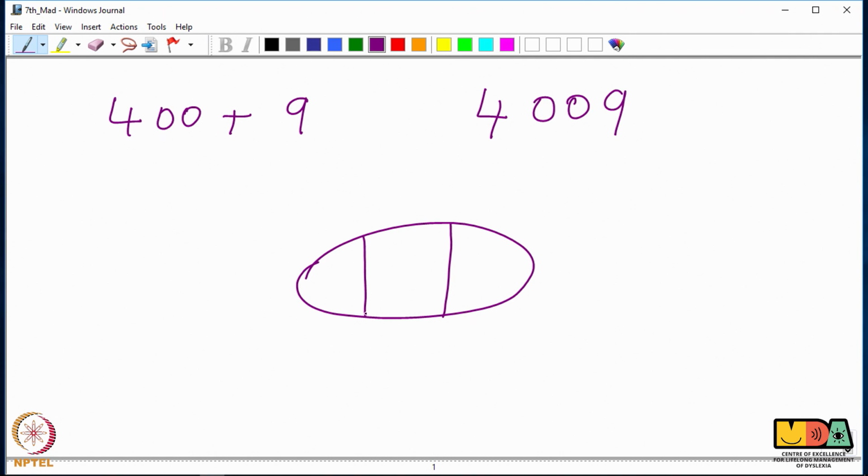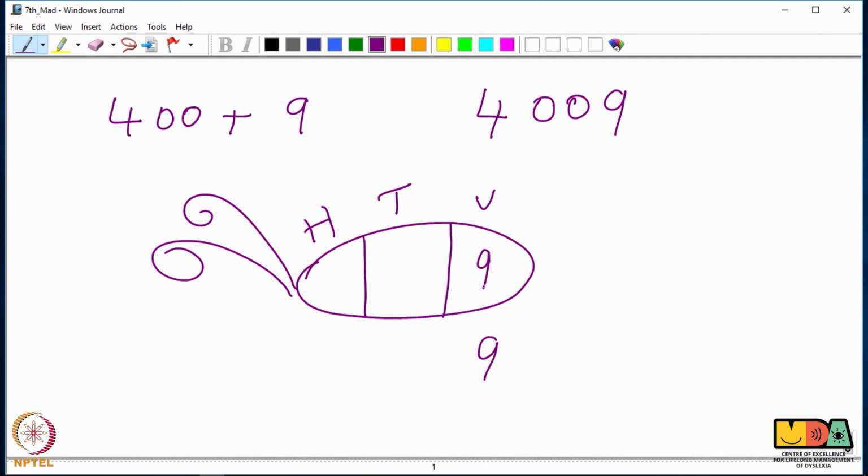As usual, draw the caterpillar, name the various sections, and this time let us definitely make it look like a caterpillar. Yes. So, the first number is 9, 9 is not a 0. So, it will jump inside the house or the section, and the next one that I need to start working with is 0, 0, 4. So, what will happen to the 4? It will jump inside the house like this, right.